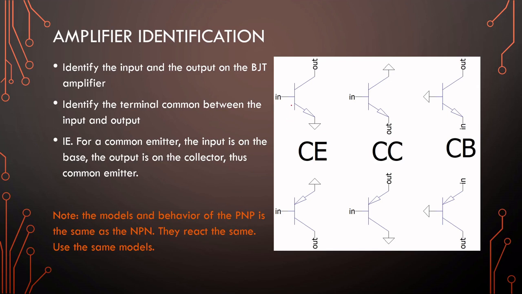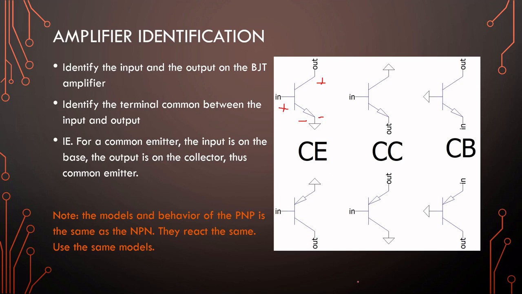So for the common emitter, the input is on the base, the output is taken on the collector, and the emitter here is the common factor between the input and the output side. Same with the PNP. The input will be on the base and the output will be on the collector, leaving the emitter